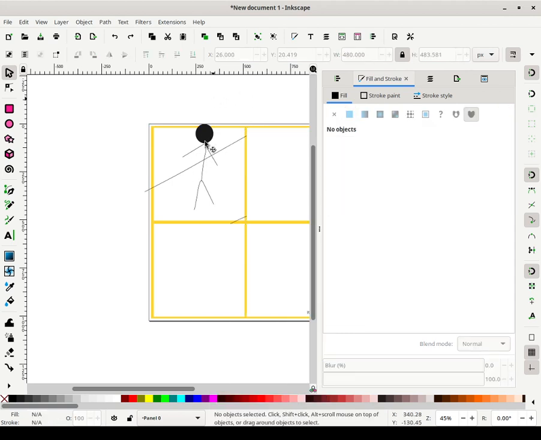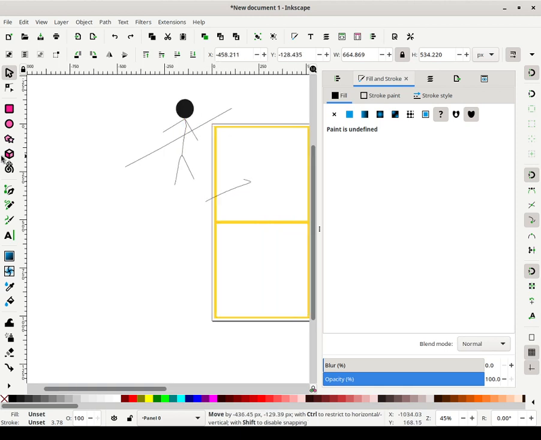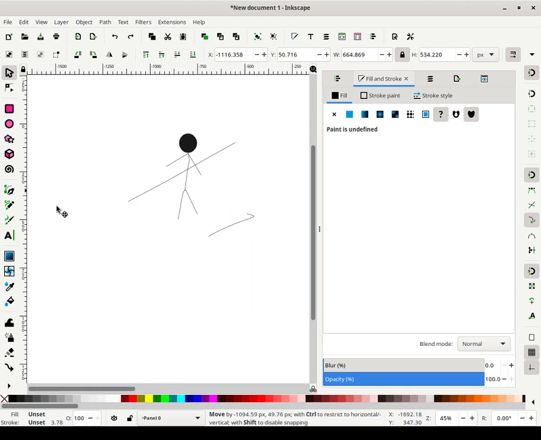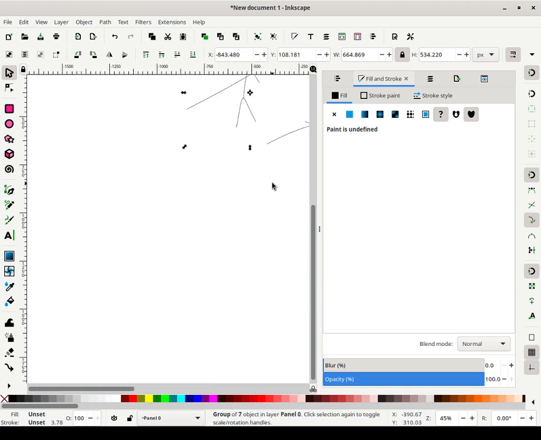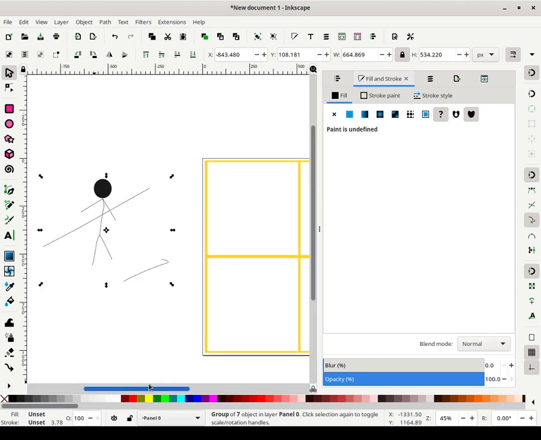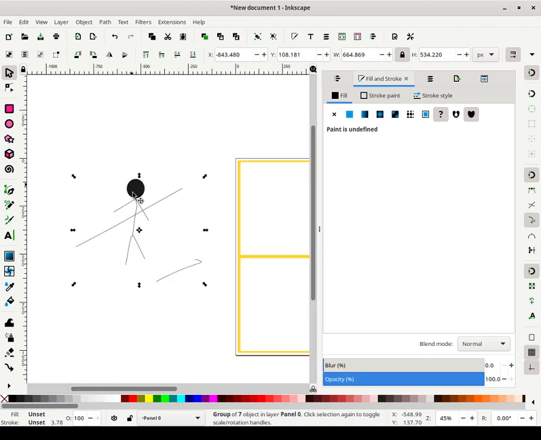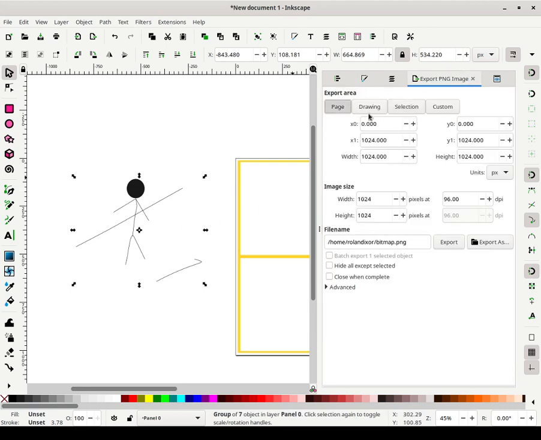Alright, let me move these out of here. I'm going to use a different method, since I am not able to figure out why when I set clip that is actually trying to clip to these instead of the panel. What I'm going to do is export the selection. This is not usually how you do it, by the way. Normally you just set clip and it will clip whatever thing you have drawn to your panel. So I have to double check, probably off stream, why that is happening, but I'm not going to take up the time of that. So what I'm going to do, I'm going to export the selection as a PNG.